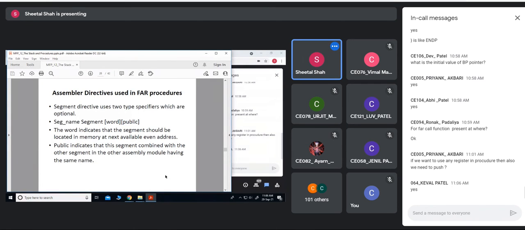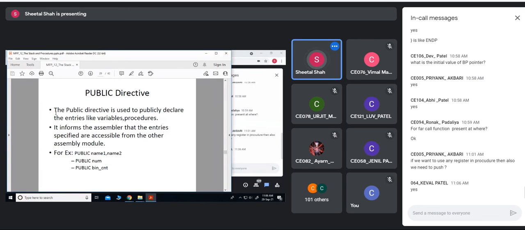The PUBLIC directive is used to publicly declare entries like variables, procedures, etc. For example, if I write PUBLIC name1, name2, suppose I am having a data segment. I will show you with this.